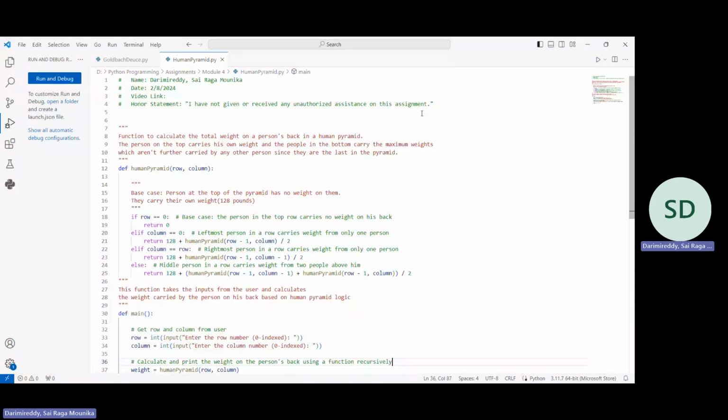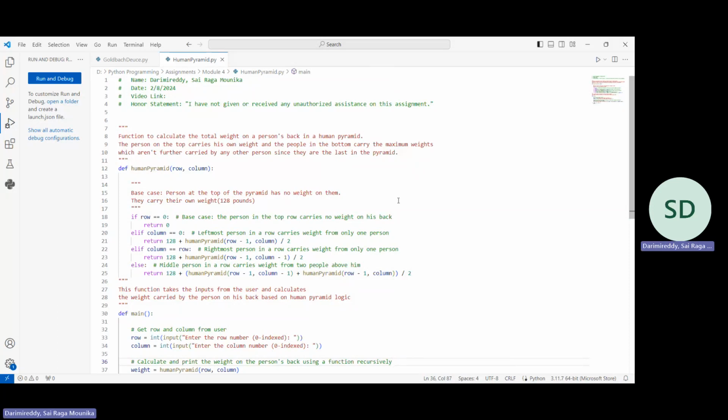Hello. This program is used to find the weight carried by a person in a human pyramid. In a human pyramid, the person carries the weight of those above his level. Like if there are n number of rows, the n minus one row people's weight is shared to the person in the next row. So here we are calculating the weight carried on a person's back, including